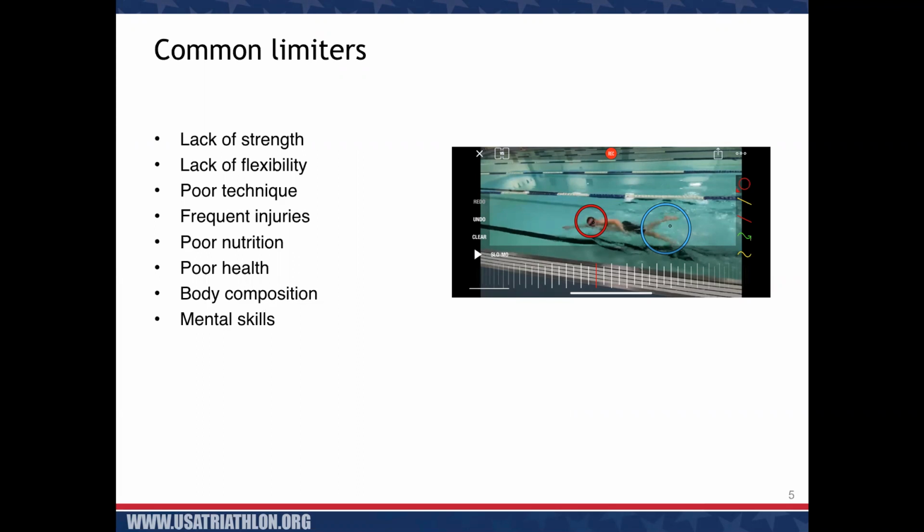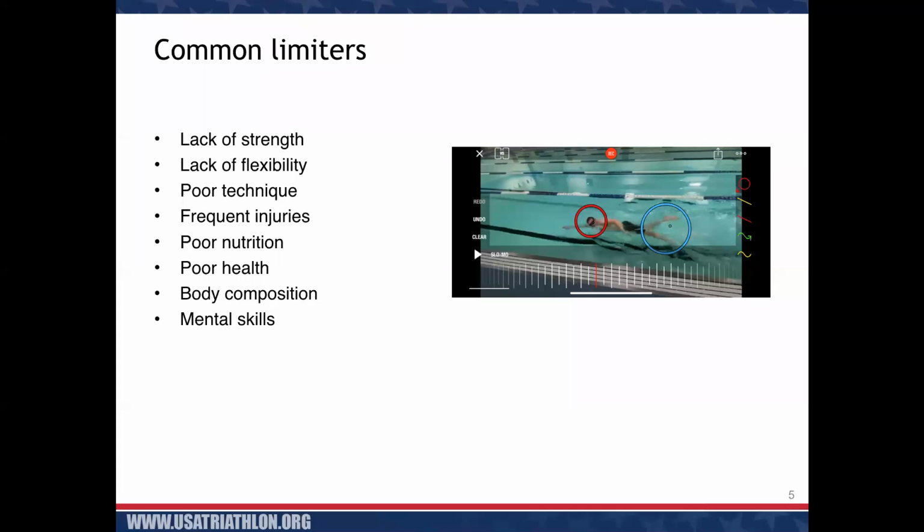Frequent injuries, how can we address those? First, you have to find out why. Is it your equipment? Is your form poor? Do you have weak core strength? Nutrition, fueling before, during, and after workouts and races. When you think about health, how is your rest and recovery? How is your balance of training? Your body composition, what's the good body composition for you that's going to keep you in your healthiest state? And then finally, mental skills, working on positive thinking. The mind can talk to your body in and out of a lot of things, and that can really impact competition.